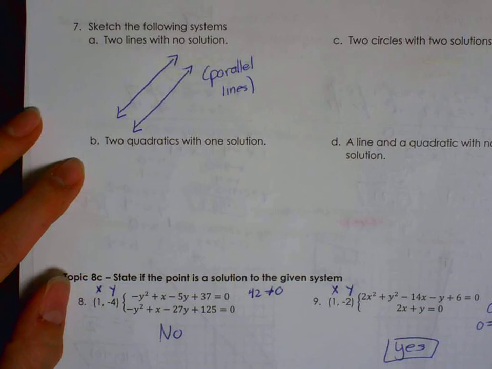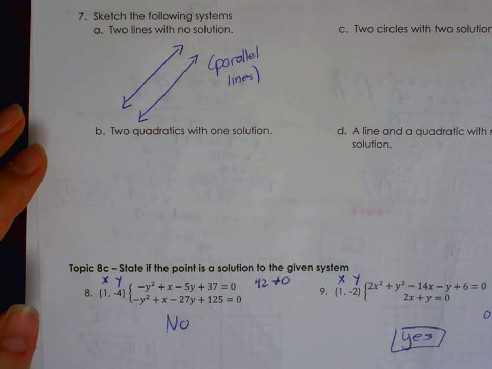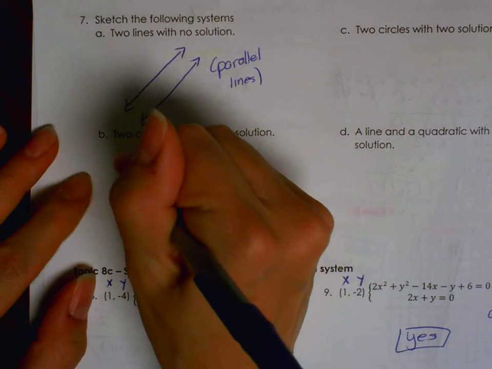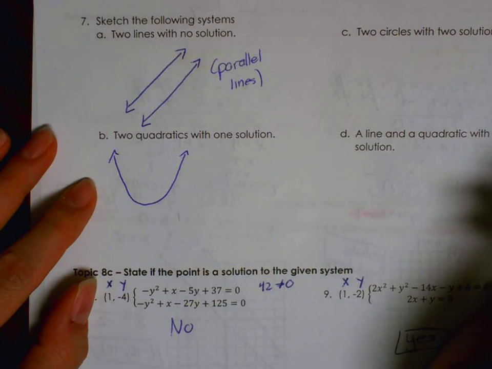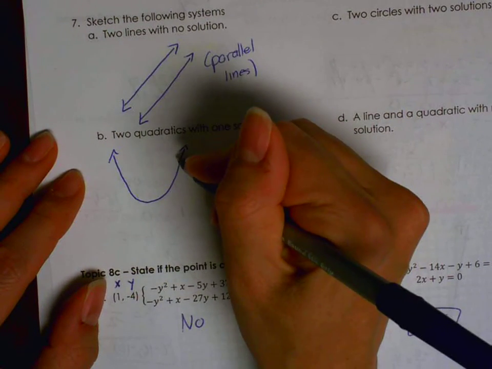All right, B, 2 quadratics with 1 solution. So again, a solution means that there's an intersection, and with quadratics, I can actually have 2 intersections, or I could have 1 intersection, or I could have no intersections. So I need to think of a situation where I would only have 1 intersection, because that's what 1 solution means. So if I had this quadratic here, a parabola, and I wanted 1 intersection, I might be looking at something like, let's see,